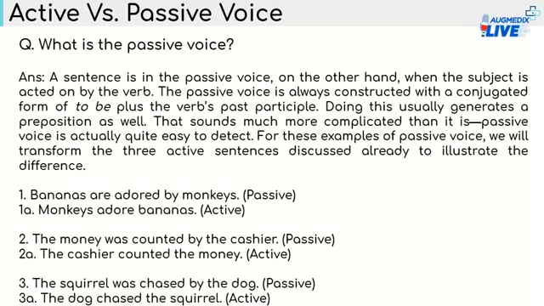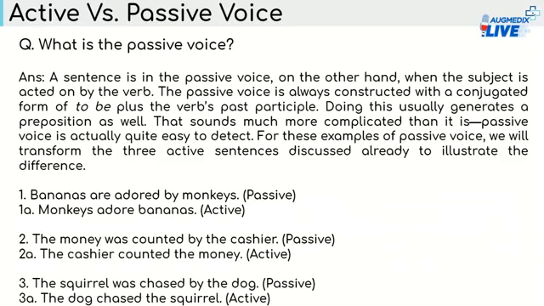So let me read this slide once again for you. A sentence is in the passive voice when the subject is acted on by the verb. The passive voice is always constructed with a conjugated form of to be plus the verb's past participle, such as was, is, were, are, right? Or have, has, followed by the past participle of the main verb. Doing this usually generates a preposition as well. Yes, of course, because in the active voice, we keep the subject at the forefront, at the very beginning of the sentence, right? Such as,